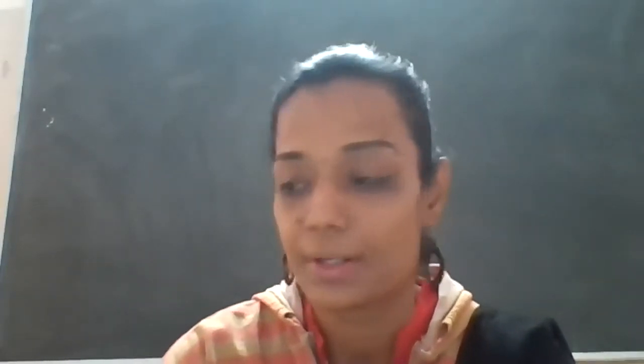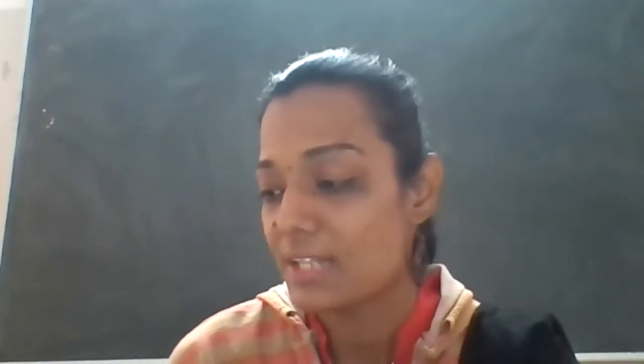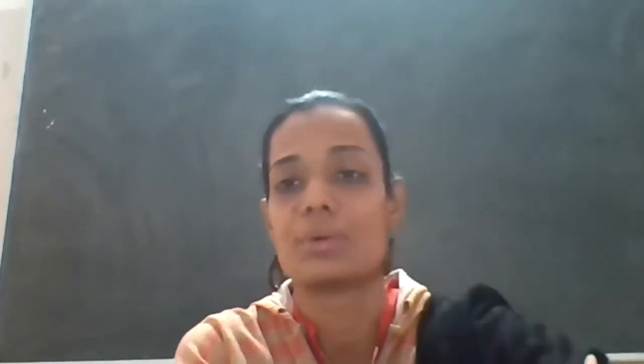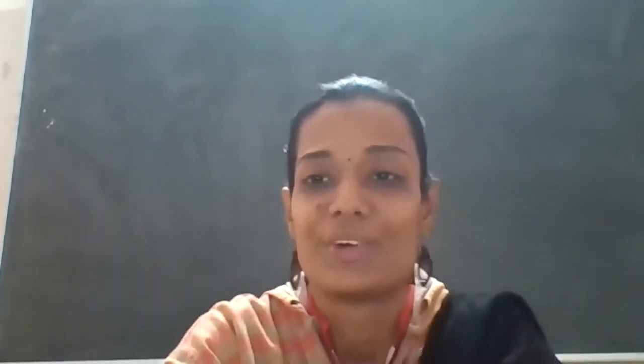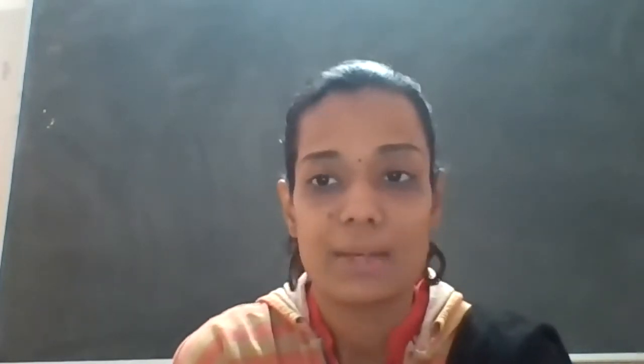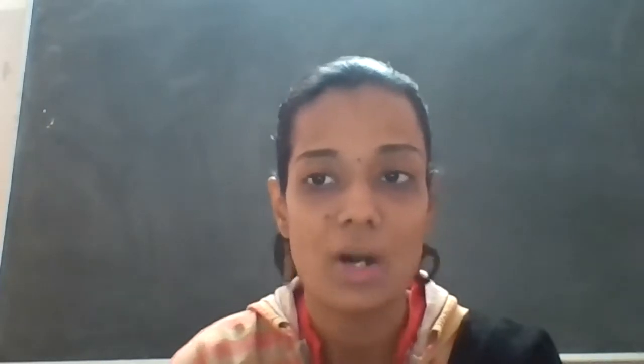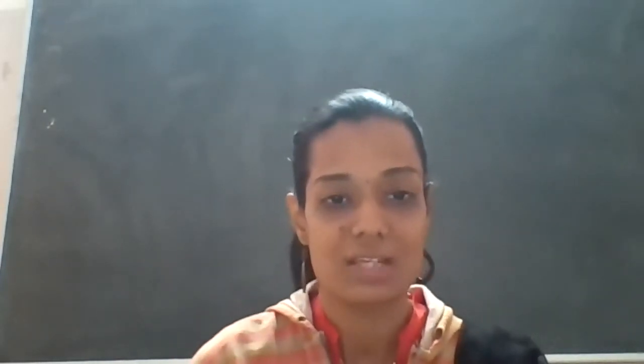So we will do the revision of chapters 7 and 11. These are going to come in the exam, that is unit test 5, right? So what do you want to do? Do you want to solve the sums, or do you want me to solve the sums and you just observe? Revision now. So I am giving you sums, you also try, and then I will solve it on the board, and like this you will do the revision. Okay.